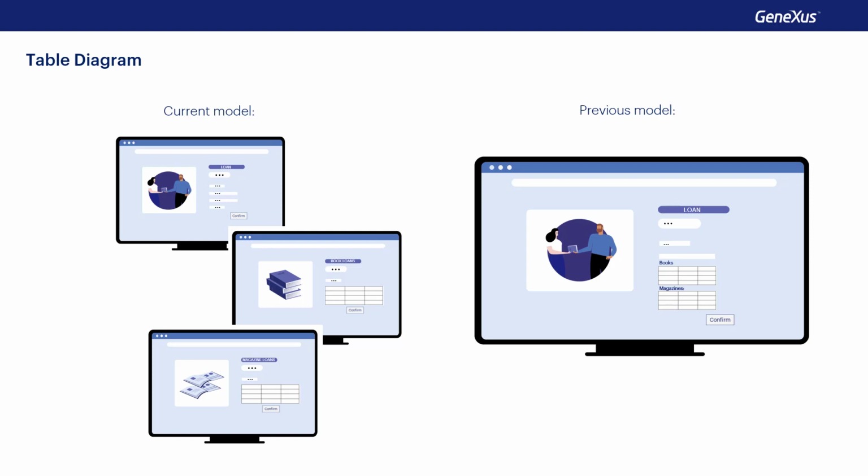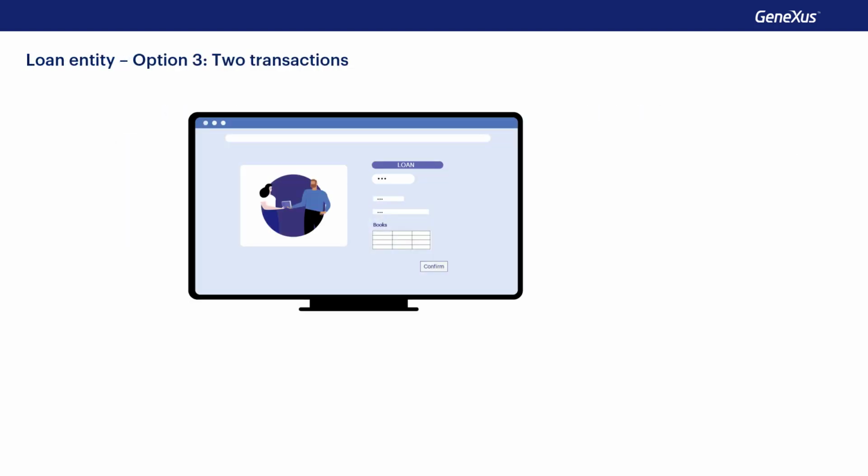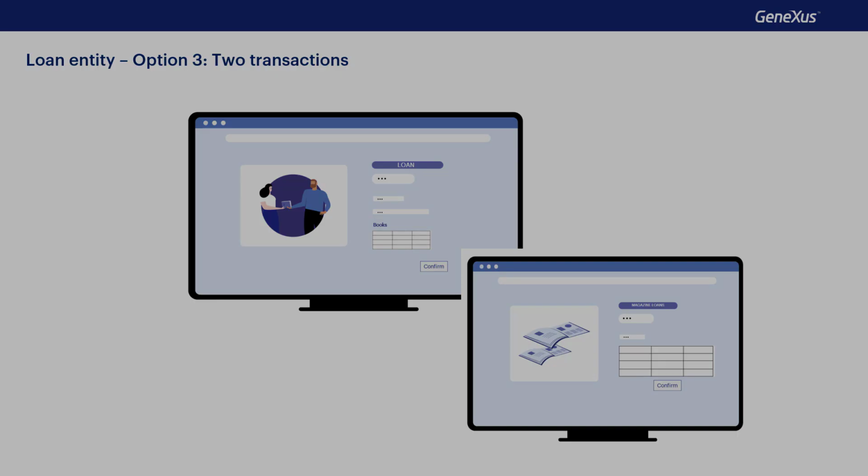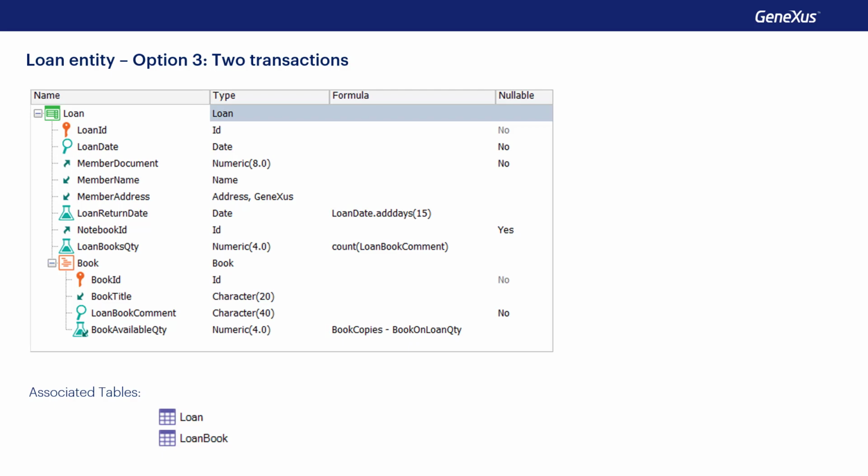But we can also propose a third option for loan modeling. Perhaps we could consider that the library bases the loans on books, and the end user requests a single screen where the general data of the loan and also of the books to be checked out are entered. Then, from another screen, the magazines included in the loan are registered. For this purpose, we consider the loan transaction with the second level to record the books. Its structure would be as follows,